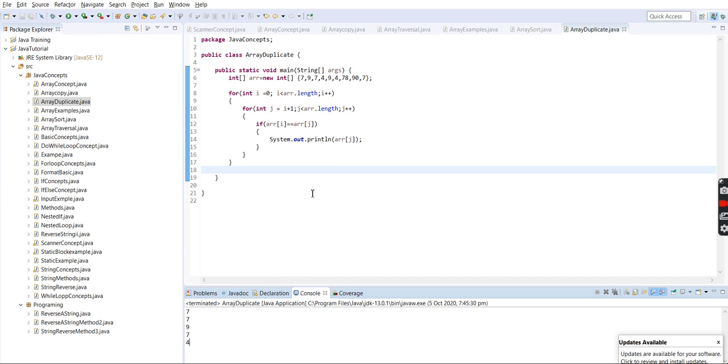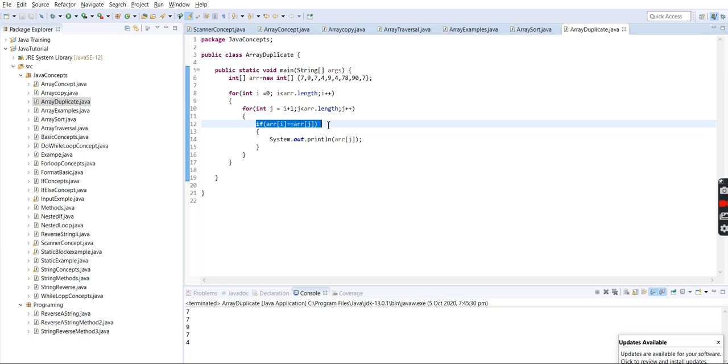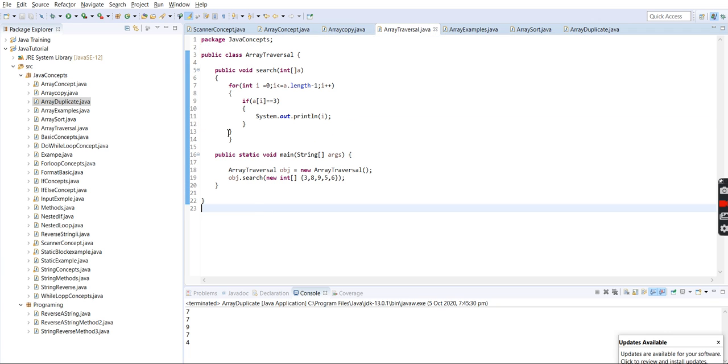And next, if we want to check whether an element exists in the array or not, we can use this if and try to find it with the indexing value. We have already covered this here. If we want to find whether 3 is present in the array or not, we will iterate from index 1 till the last index, incrementing I plus plus, and we'll check if any index of I is matching with 3.